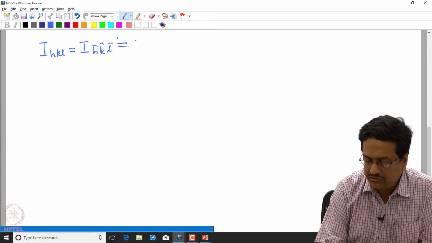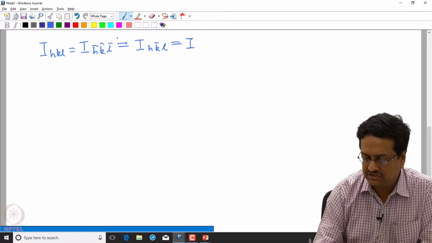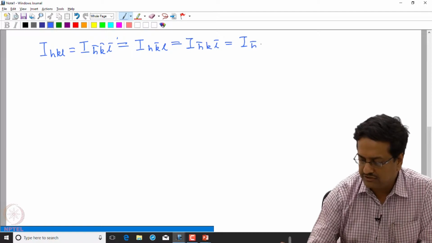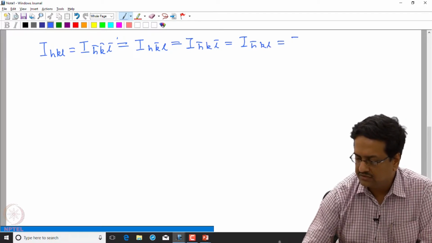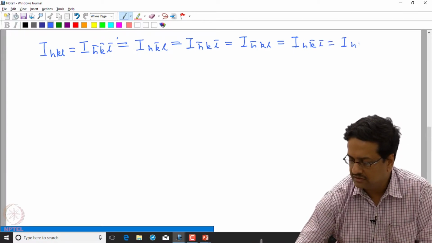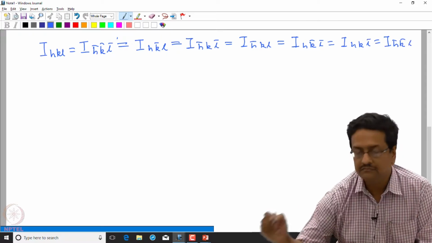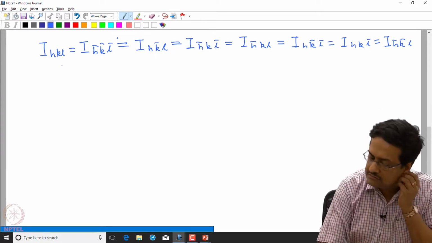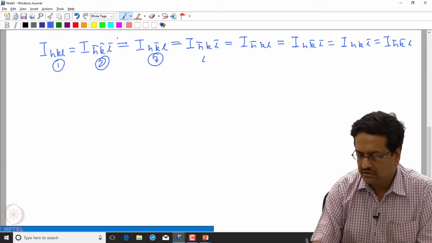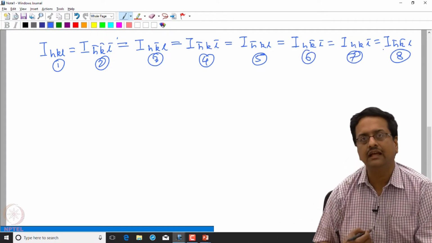So it should have the equivalence: I H bar K L is equivalent to its Friedel opposite I H bar K L bar, equal to I H bar K L, equal to its Friedel opposite I H K bar L bar, is equal to I H K L bar, should be equal to I H bar K bar L. So all these 8 groups of reflections, 1, 2, 3, 4, 5, 6, 7, 8, all these 8 groups of